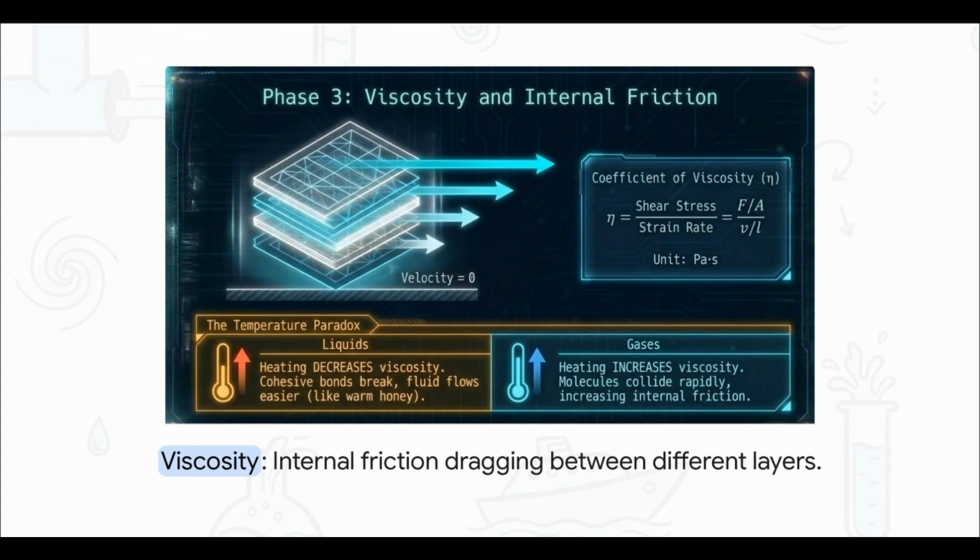Think of fluid as a deck of cards sliding forward on a table. The bottom card right against the table has a velocity of 0, and each card above it drags against the one below. This creates a shear stress drag as the different layers try to slide past one another. The coefficient of viscosity is exactly that ratio: the shear stress dragging the fluid divided by the strain rate, which is just how fast those individual layers are deforming as they move.